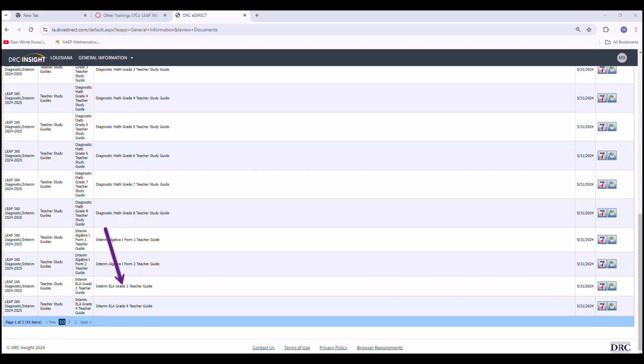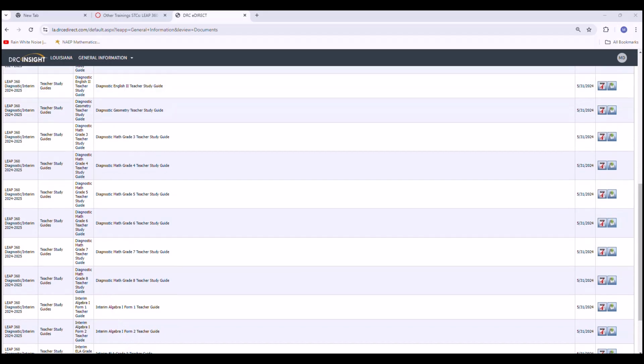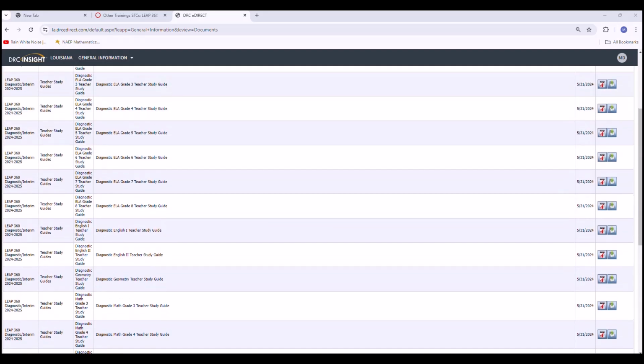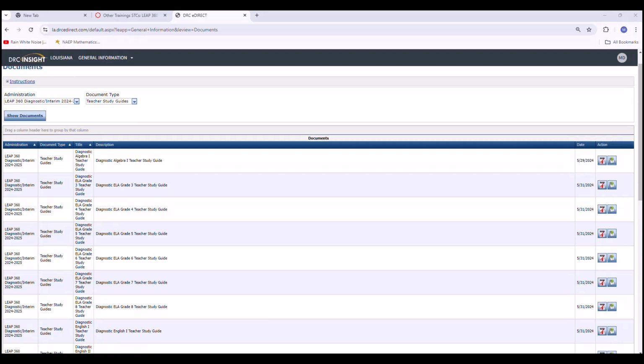So the interim study guides are already in here, and teachers have access to all of this. So right now, though, we're just focusing on the diagnostic. So the diagnostic appears, it looks like, on the first page. So if you click on one of them, and so let's say we want to look at the fourth grade ELA teacher study guide. And so then you're going to go to the, right here,